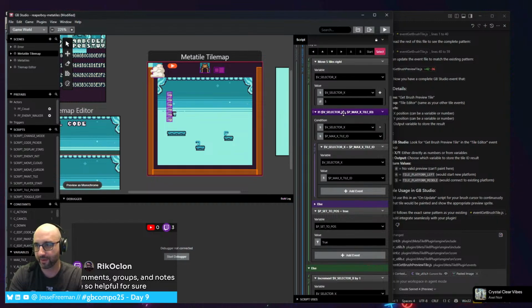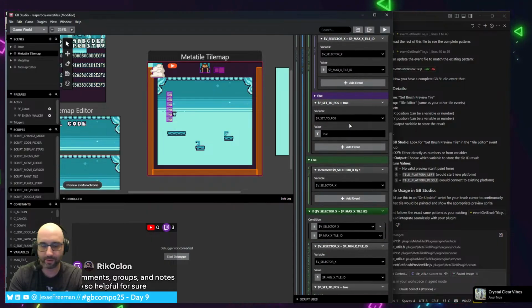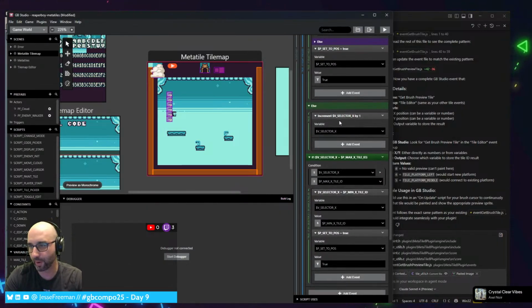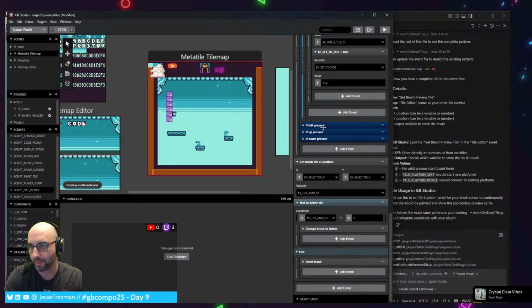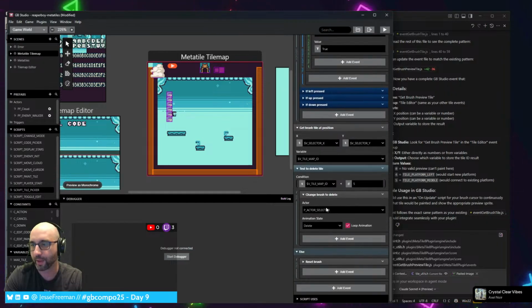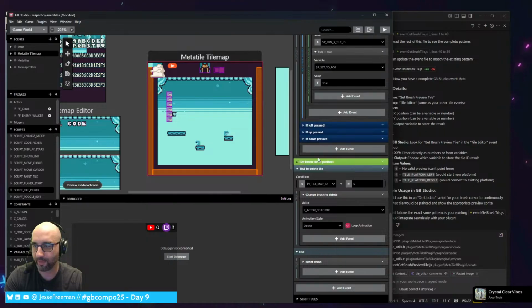If we're going to the right, if this is less than this, all right, I don't want to actually spend my time too much here cleaning this up. What I want to figure out is this: if we press left or right, fine. Get the brush tile at position. So every time we move it, we get this brush tile, we get this tile ID. And then, okay, this was logic that I never finished, and I think this is what I need to start messing around with. So if we disable this event,